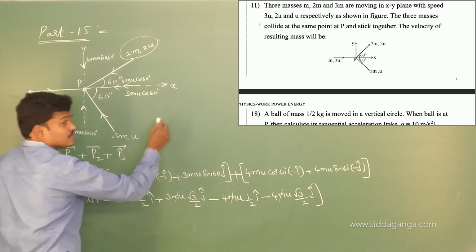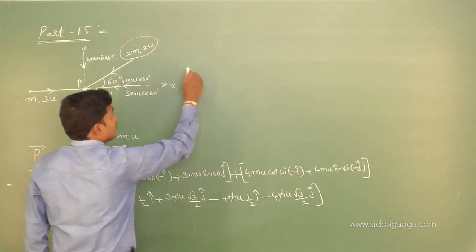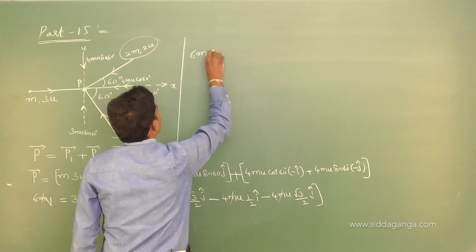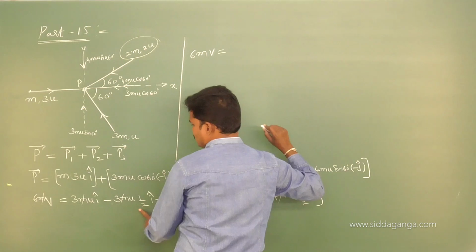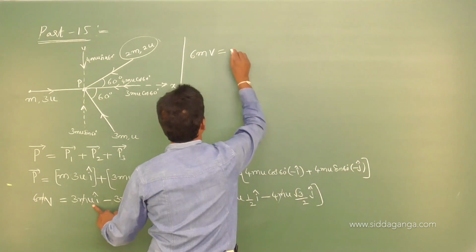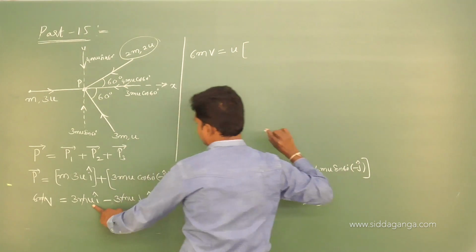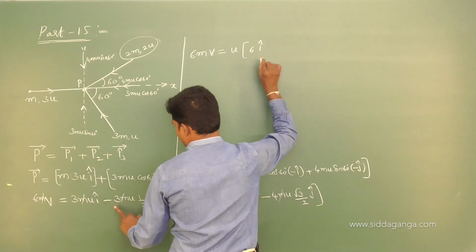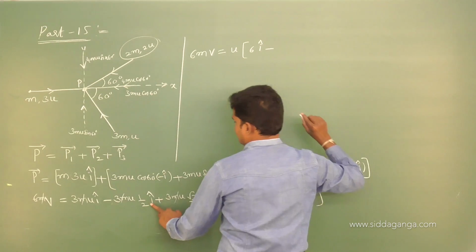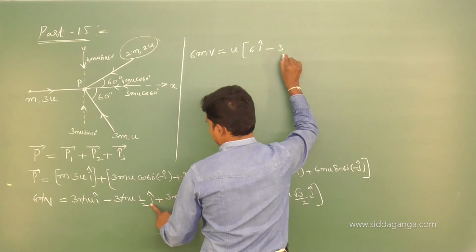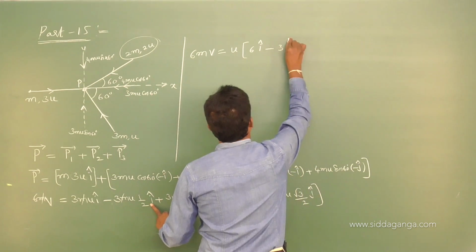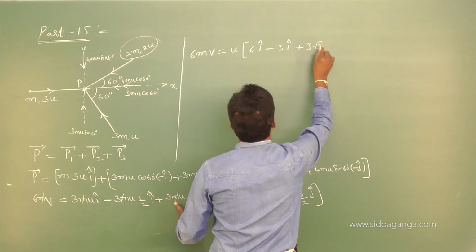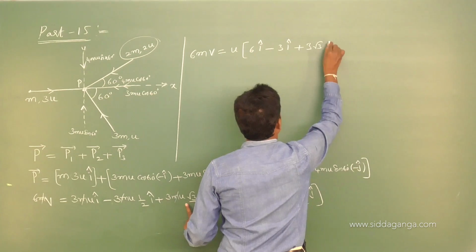Otherwise keep as it is. So let me write here 6m into v. Take LCM 2. Everywhere u is common, so write u outside. 3 into 2 is 6 i cap, minus 3 (already taken out) i cap, plus 3 root 3 j cap